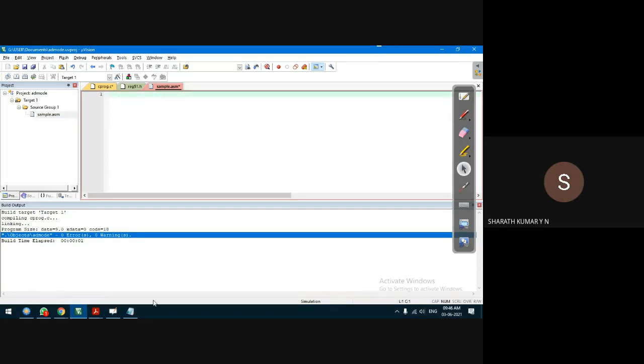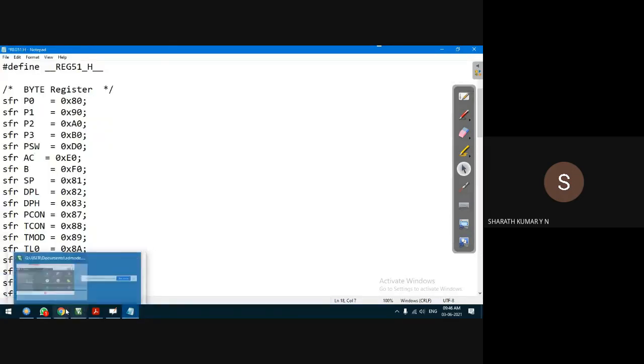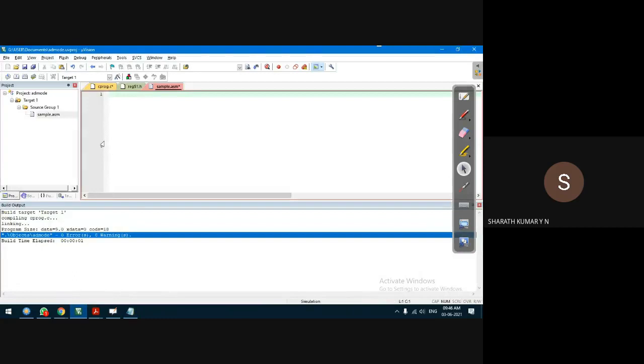Now in assembly, I need not define port P1, because if I say P1, the compiler will automatically understand. If I'm trying to write some data into port P1 or port 0, you can take any of the ports. So let us write the program. MOV P1, #55H, for example.